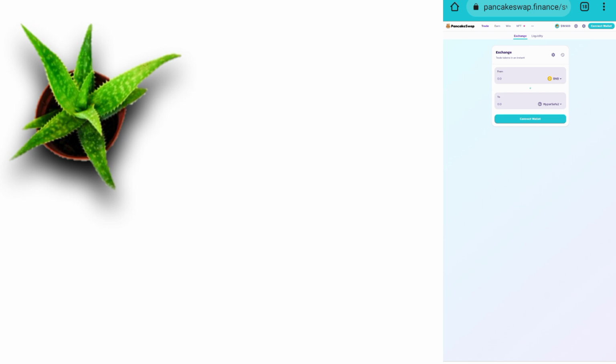This is an easy way to join PancakeSwap from your PC. Also connect your wallet. Your MetaMask wallet will be easy to connect from your PC. Connect wallet, and you can buy from here also.